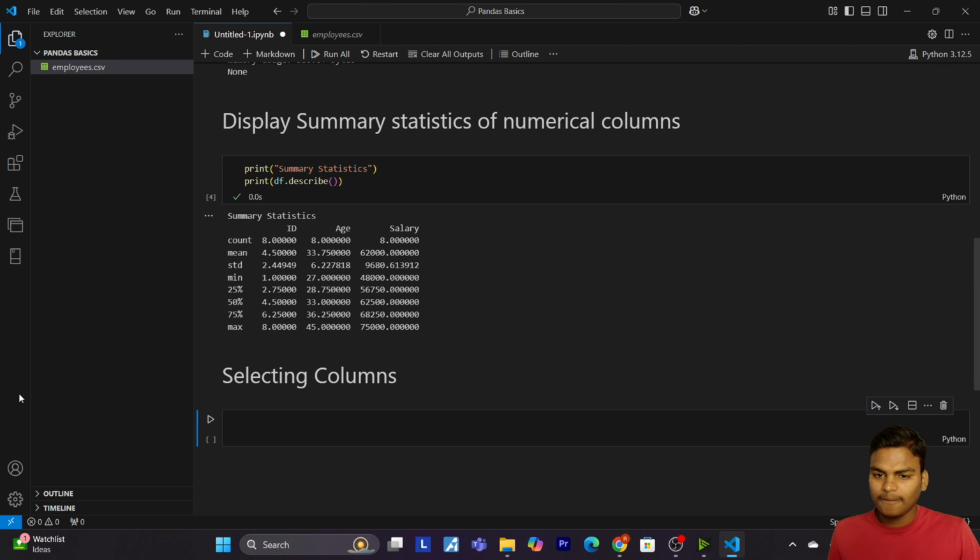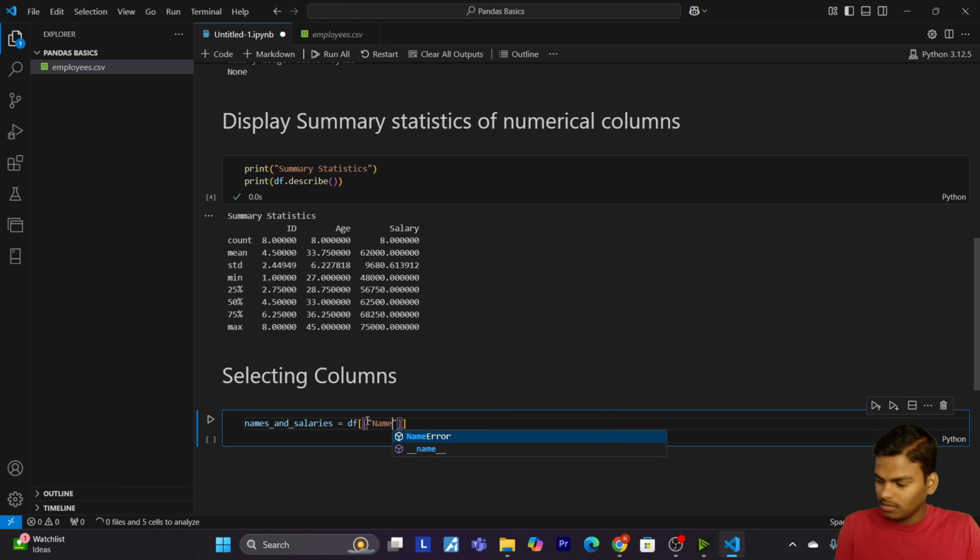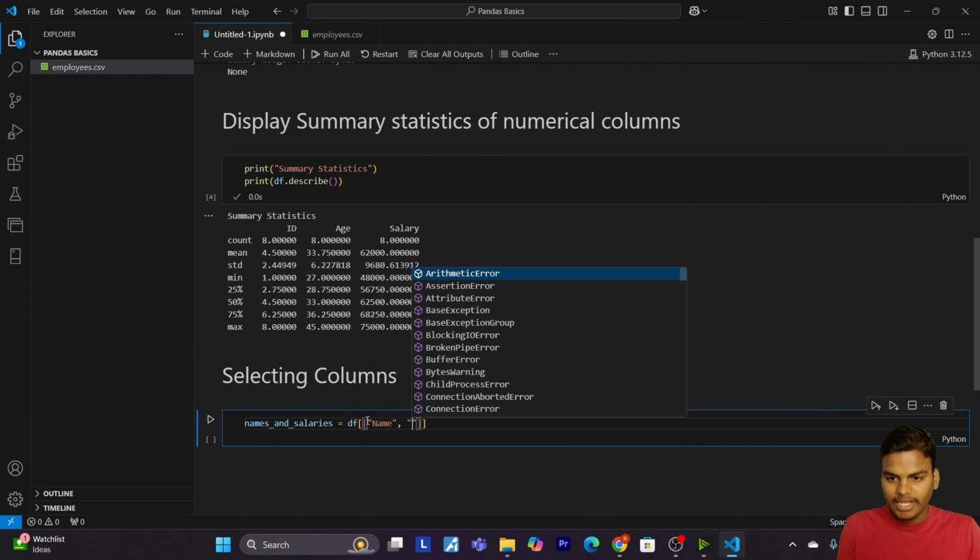For this, I am going to make a variable names and salaries. Then I will write df, in which I will pass name, comma, salary.